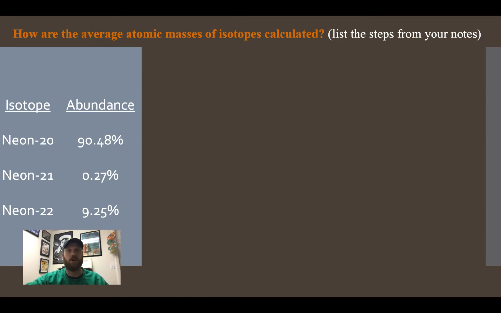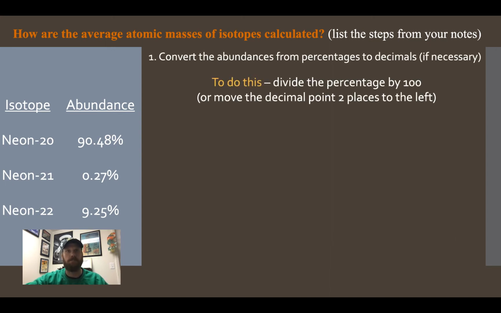I figured it wouldn't hurt to work through another example using neon while talking about the steps. The first step is to convert the abundances from percentages to decimals. This only has to be done if the abundances were given as percentages. Some of you have struggled with this step. Remember, to do this, all you have to do is divide the percentage by 100, which is the same as moving the decimal point 2 places to the left. So the abundance of neon 20 would be 90.48 divided by 100, which equals